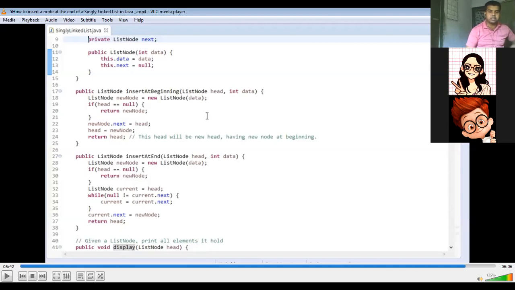Because if it doesn't exist, then where will you insert it? You cannot insert at any position. So that is why it is what it is happening. As you can see, a new node has been created and it is checked whether